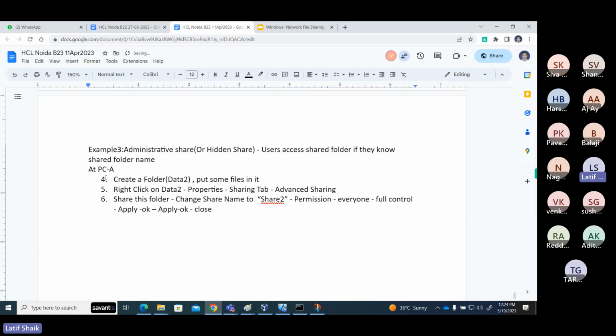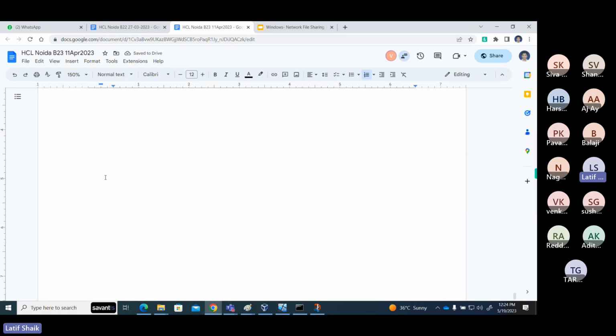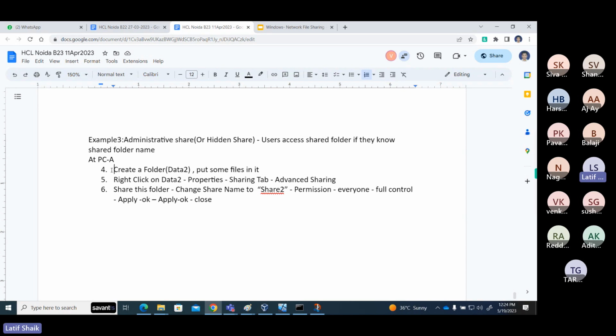So how to do that? Same steps only, not many different steps. Steps are the same, but with only a small change. So I created data 3 here and put some files in it. Same first step is